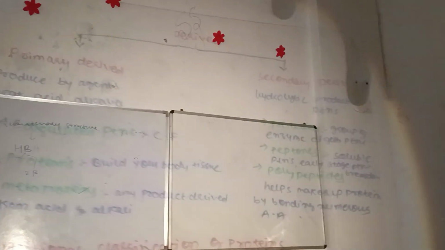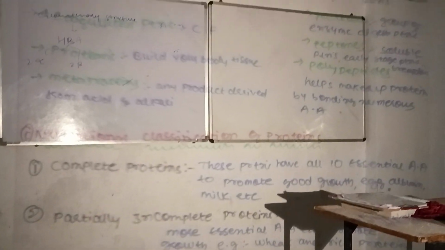One amino acid joins with another amino acid with the help of these polypeptides. So the polypeptides are also a protein, which is the secondary derived protein. Okay? Derived proteins are those kinds of protein which are derived from the primary structure and the conjugated structure of the protein. They are divided into two: primary derived protein and secondary derived protein. Primary derived proteins, for example coagulated proteins, proteans and metaproteins, are responsible for proteoses, peptones and polypeptides.